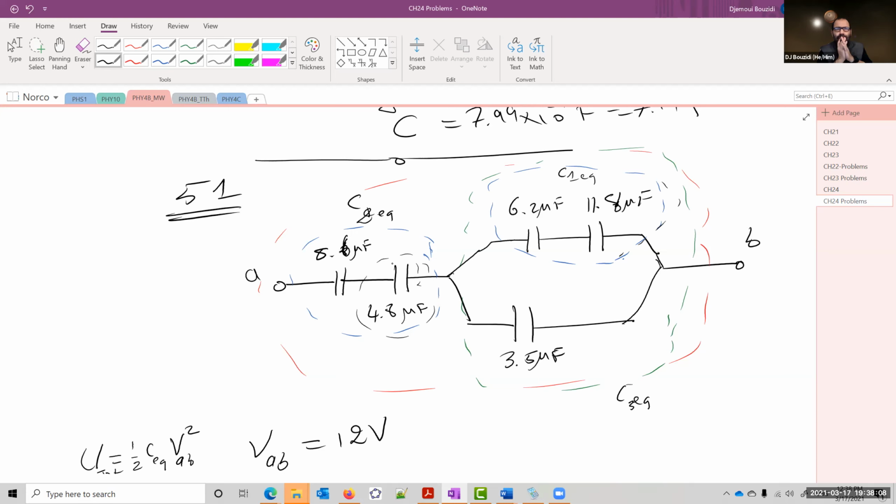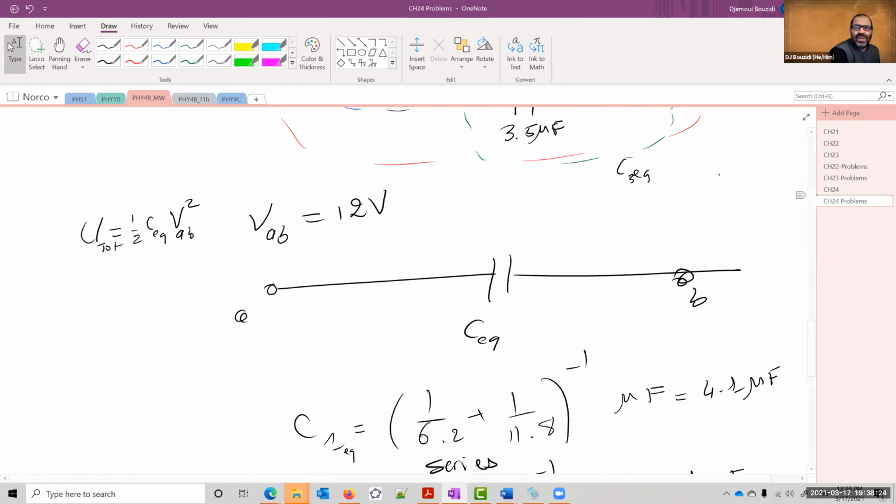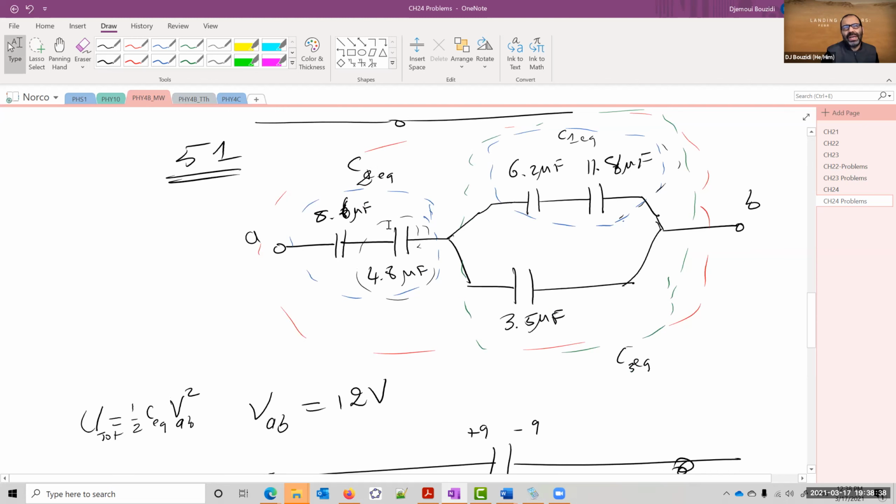Or, if I don't know the voltage, I can find the charge. If I know the charge, it's 1/2 of Q squared over that 4.8 microfarads. So one of the two will do. Since I know now the equivalent capacitor, I know the charge that is sitting on this side of the capacitor and the charge that is sitting on the other side, from A to B, basically everywhere. And that charge must be the same charge sitting on the 4.8 capacitor because it's on this side of the 8.6, and this one is going to be the negative value of that one. So this one must be that same charge.